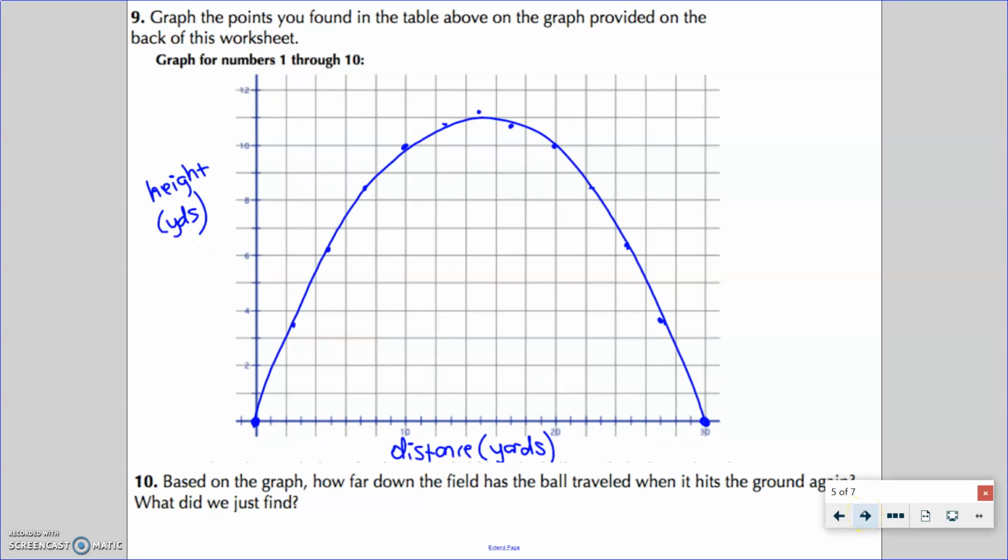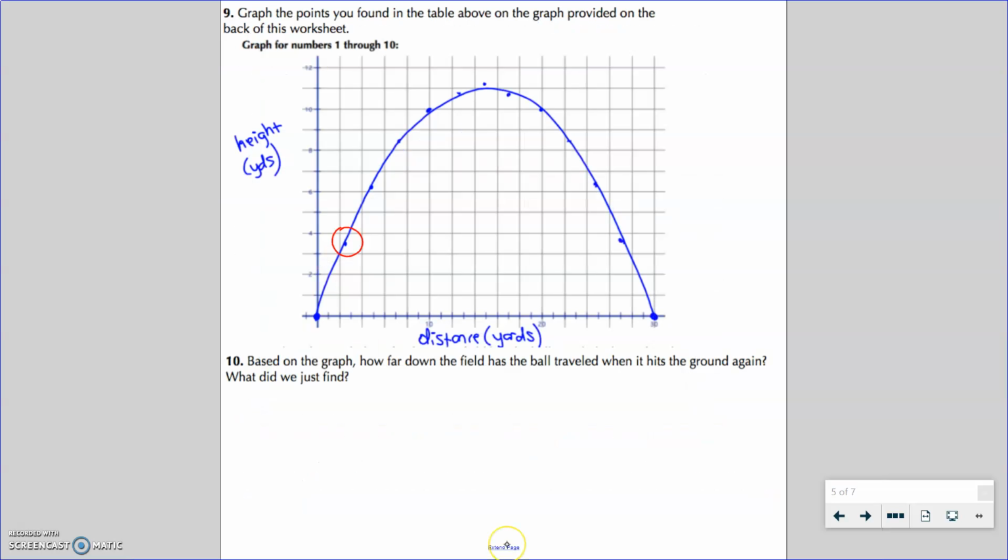All right, so here's the picture you should get. A real nice quadratic. It looks very symmetrical on both sides. Now, some of the points aren't perfect on the graph I have on here, right? You just kind of estimate and do the best you can. So question 10 asks, based on the graph, how far down the field has the ball traveled when it hits the ground again? So it looks like it hits the ground again 30 yards